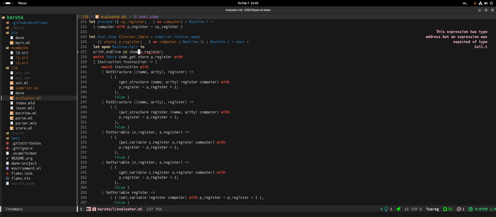Magetta, you there? Yeah. How do I stringify an integer in OCaml? Integer, string underscore, choose string. Isn't it maybe Integer dot toString?